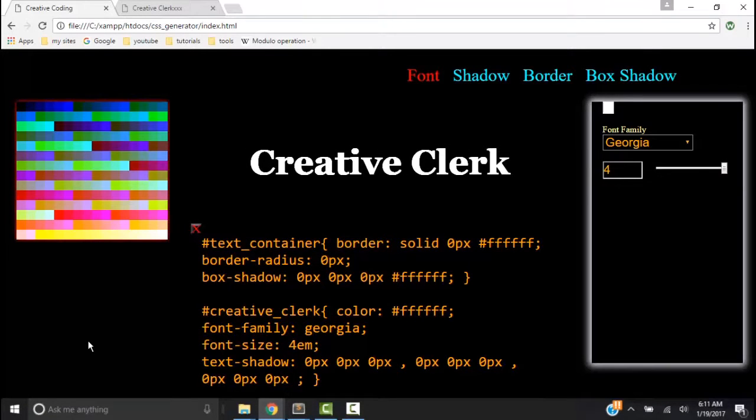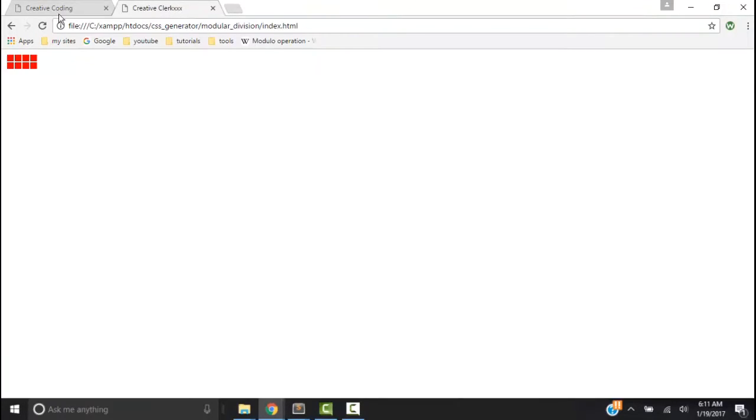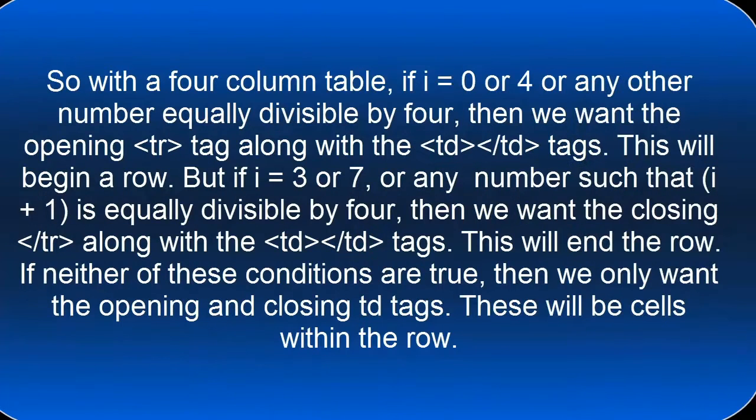Our goal is to make a CSS generator similar to what you see right here. So far, we've been messing around and we developed this 4-column, 2-row table with red cells. But we hard-coded these cells in the HTML in order to do some thinking and come up with a plan. We figured out that if we want to have a 4-column table made with our for loop, then we need